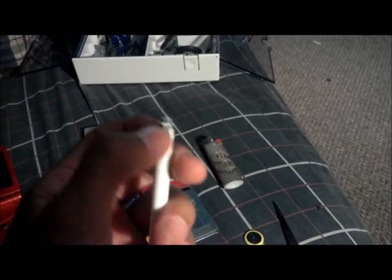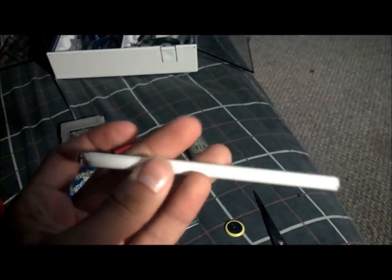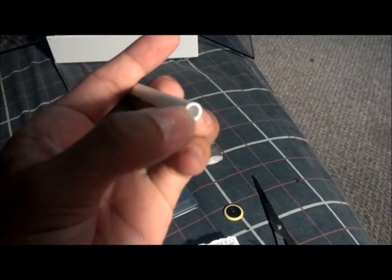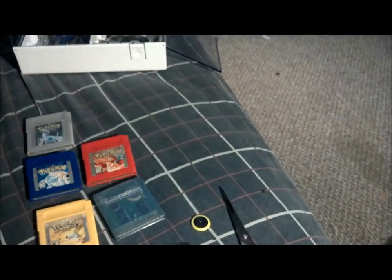The first thing you're going to do is take the point out. You're going to take all the ink out and everything, so it's just the pen by itself, the little tube. Then you're going to take out the little plug that goes in here. You're going to take that off, and then take the little ink point thing out. I don't even know what they're called. Then with a lighter, you're actually going to